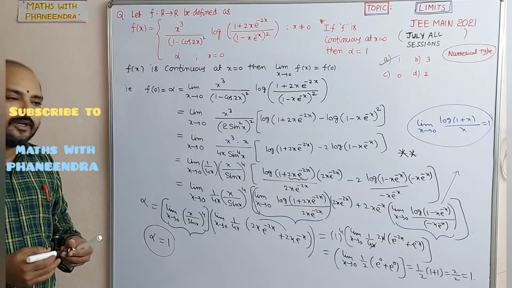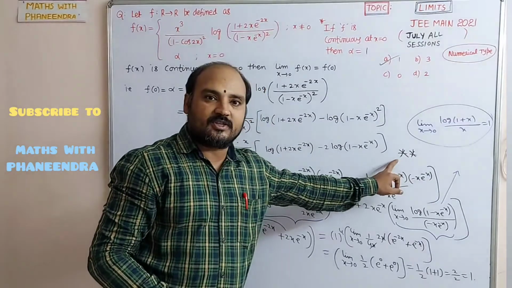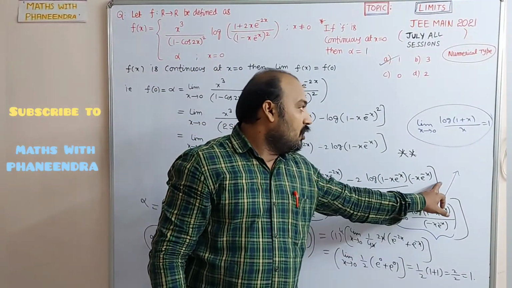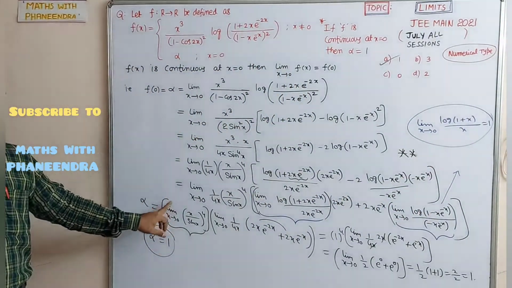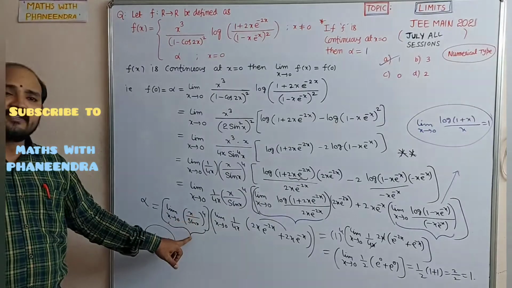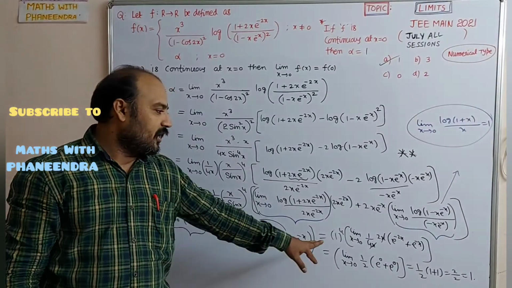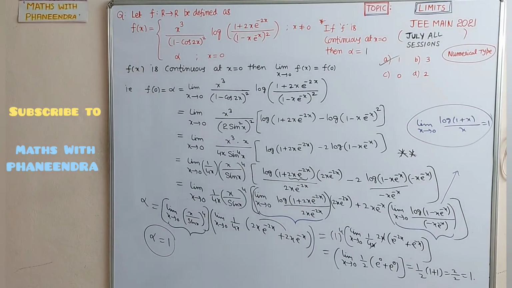Slowly you can understand, yes students, step by step. This is the turning step, what I kept the star mark. From there only it will be. I have given an arrow mark where we are applying this formula. And this is the standard result, limit x tends to 0 of sin x by x, that value is also 1. After that we have taken common 2x from there and applied the limit. We will move to the next one.